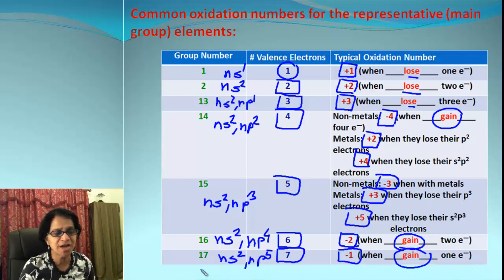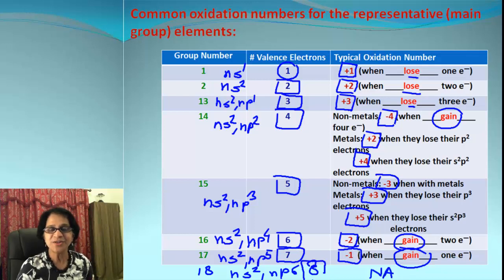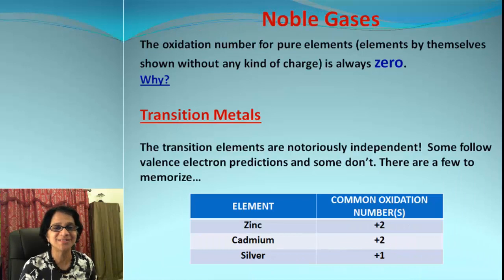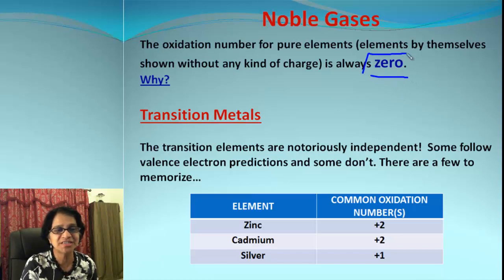And even though we don't have group 18 over here, I want to just explain to you, group 18 will have ns2 and np6. It will have 8 valence electrons and the octet is complete. So in fact, it will not try to lose or gain any electrons and no ions will be formed. And because noble gases do not gain or lose any electrons, they have 0 as the oxidation state, or the charge will be 0.